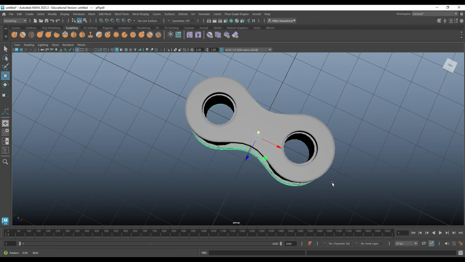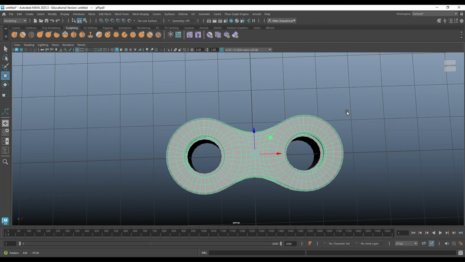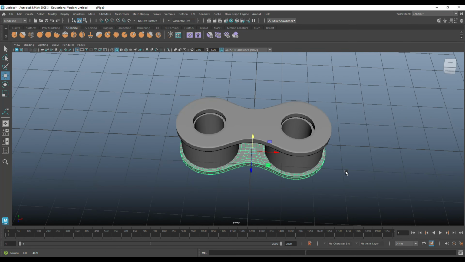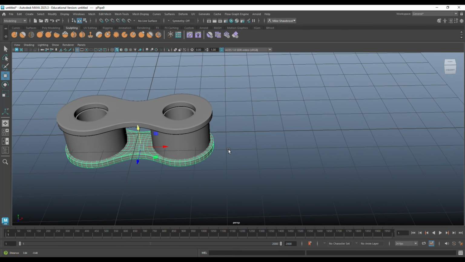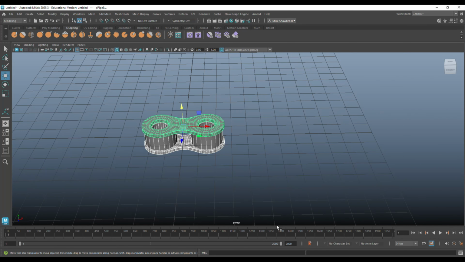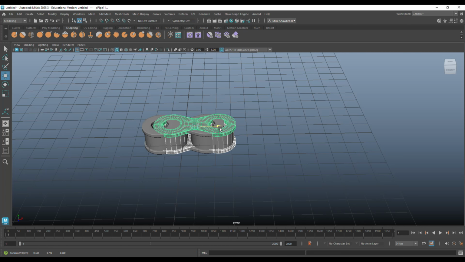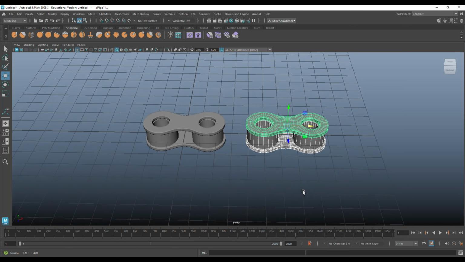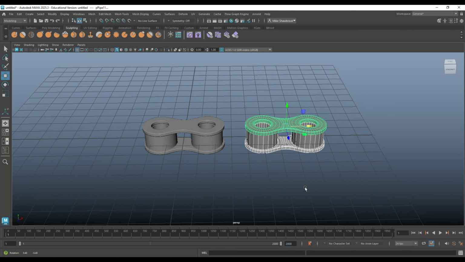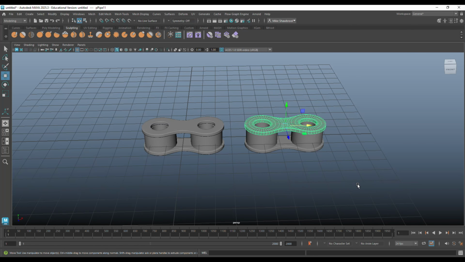Let's have a look if we're happy with it. You want to see that inside there. That's good. All right. So we have that. Then what we're going to do is we're going to grab the whole thing here. We're going to hit Control D to duplicate, W to move. And spacing wise, we'll need to figure out where this should be exactly. Then we're going to borrow this, Control D to duplicate, W to move that in here,